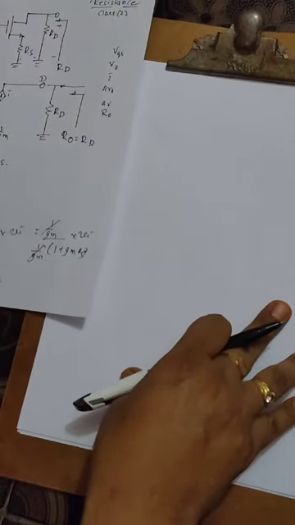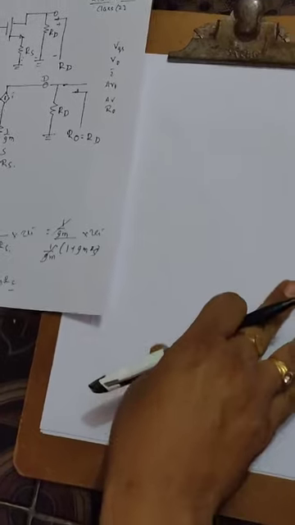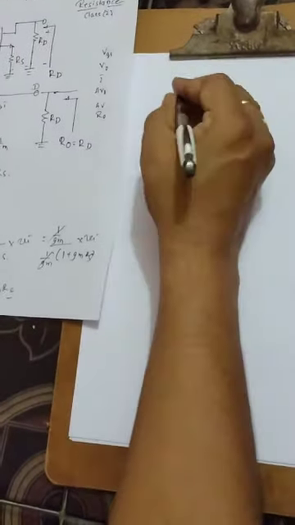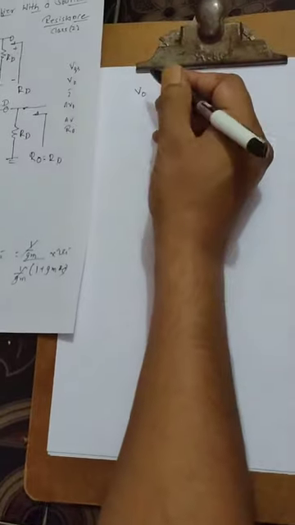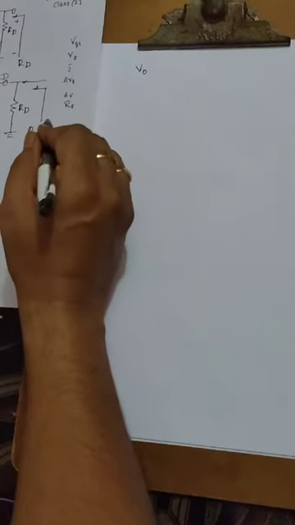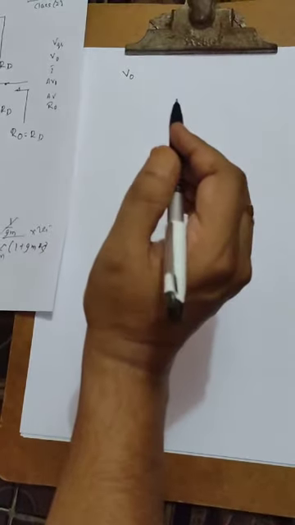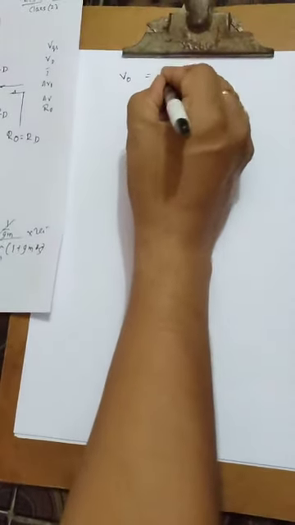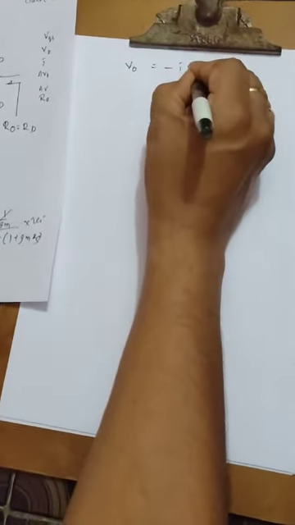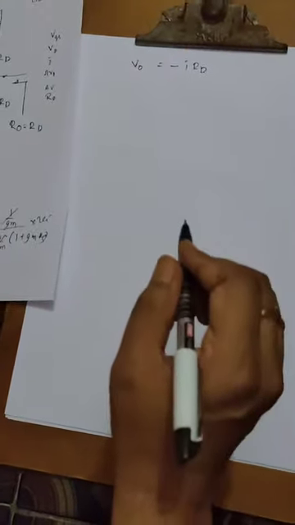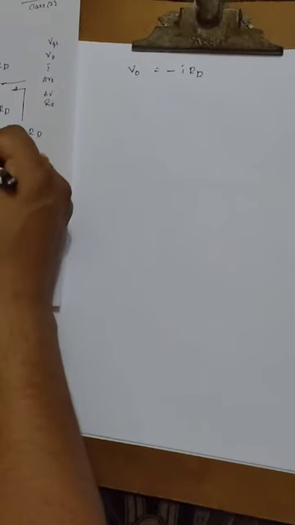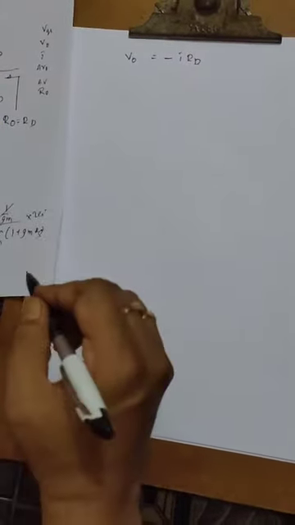Now, with the help of the figure, the output voltage V0 is obtained by multiplying the controlled source current I by the drain resistance RD, that is, V0 equals minus I into RD. Once again, the current in the source lead can be determined by using the total resistance in the series.